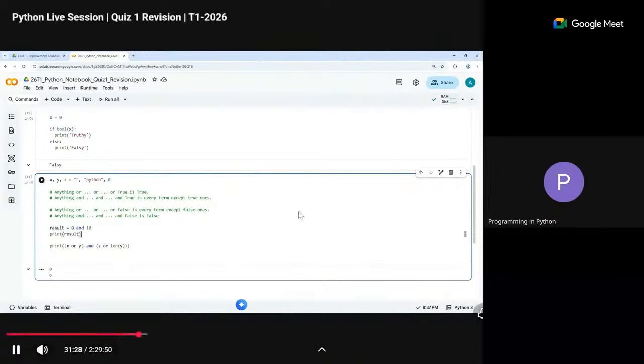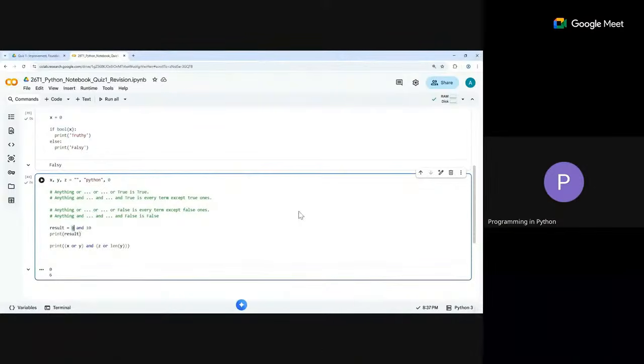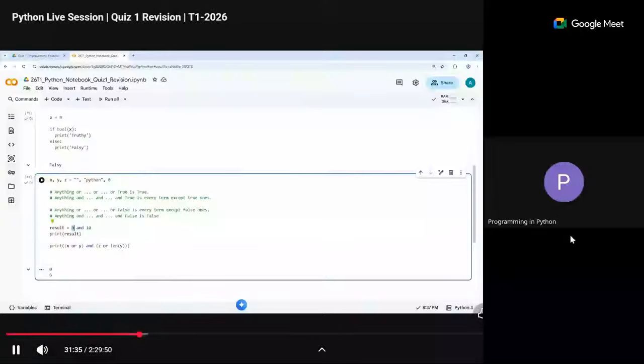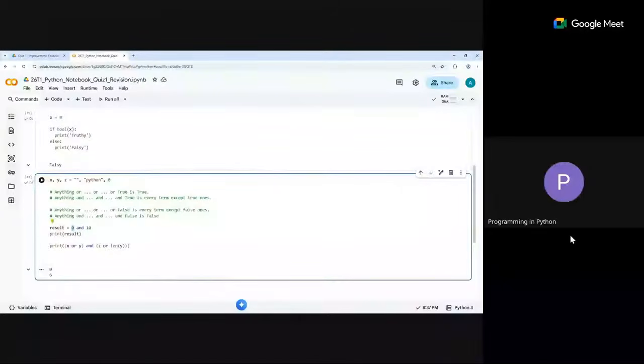No. Okay, so if it is falsy with and, then you return the left part, because you don't go to check the next one, right? That's what the idea is. Think about how the computer is doing it. It's going from left to right and checking if I can come to the conclusion directly. Like I see it is and, I see it is 0. So I understand immediately it is false. I don't go and check the next one. If I'm not checking the next one, then whatever is the last value that I checked, I'm going to return that.